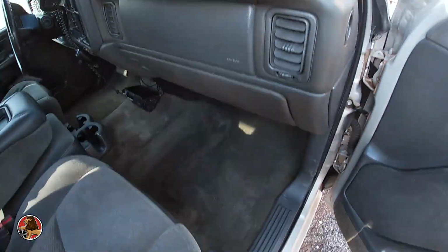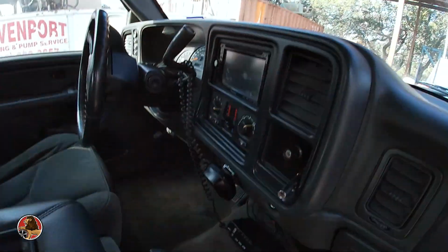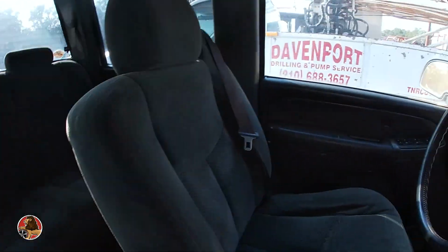Alright, we're done with this truck. It's just got door jambs, as y'all can see. This thing looks 10 times better. A couple of little dirt spots I gotta wipe up, but